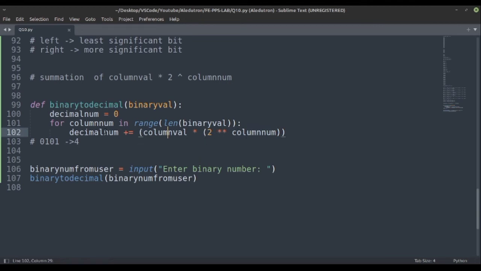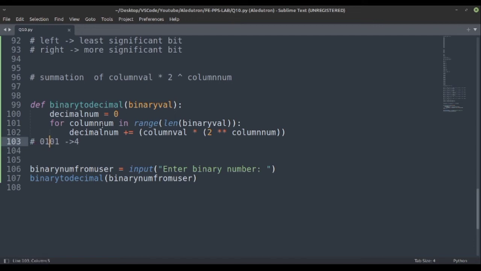Now we have got column number, we are getting 0 1 2 3. So now we have to see the logic for the column values, how we can access the values from right to left. So we have learned something about negative indexing. So we will be needing -1 for this, -2 for this, -3 for this, and -4 for this.